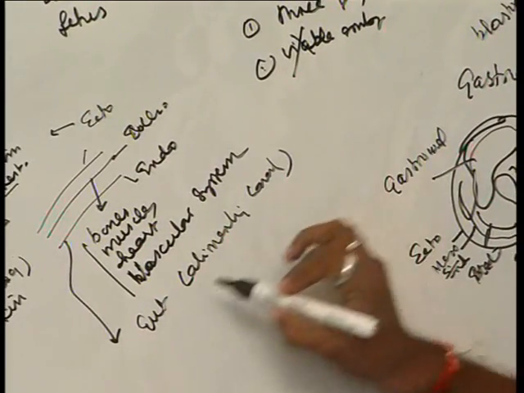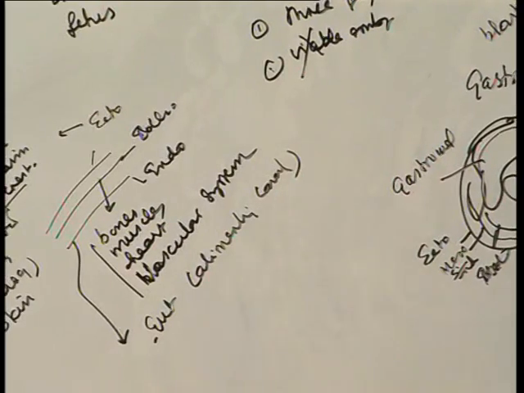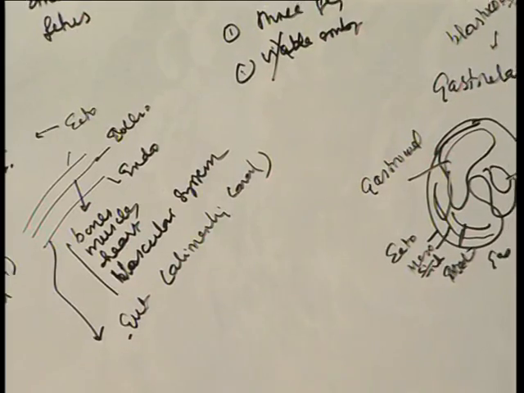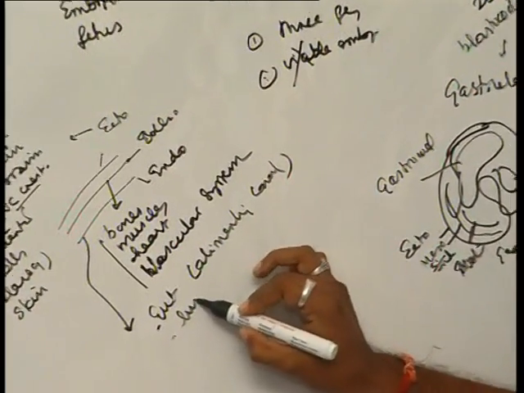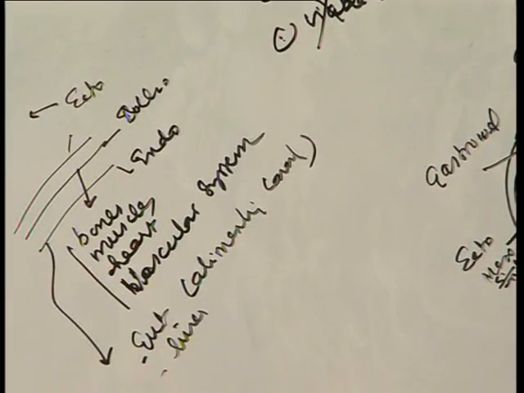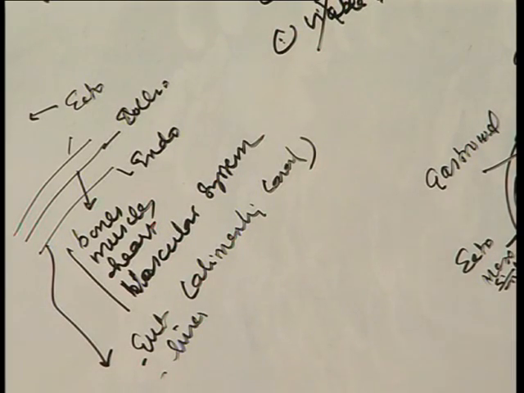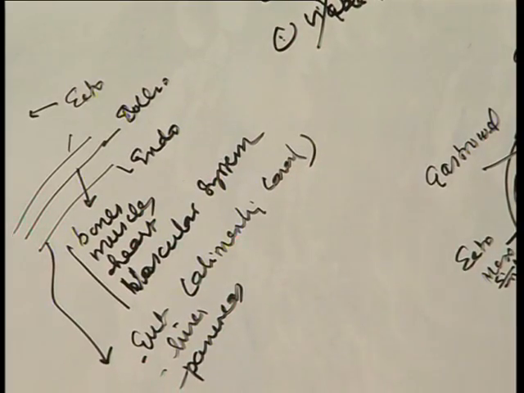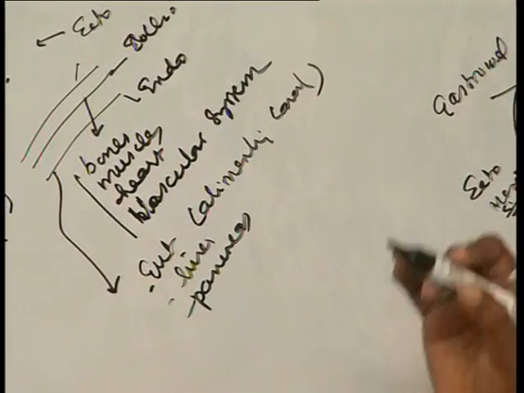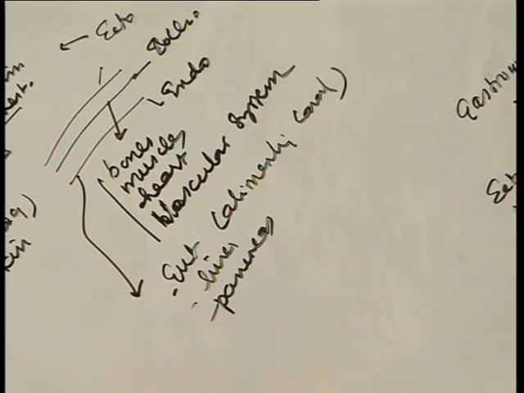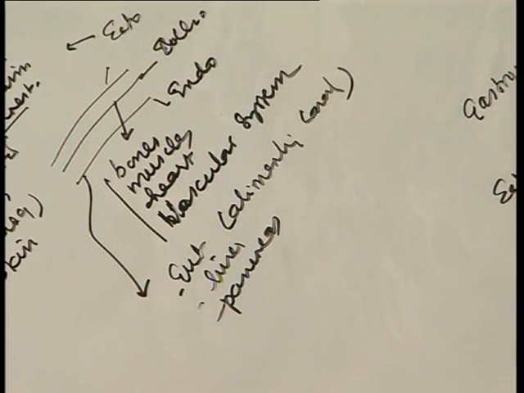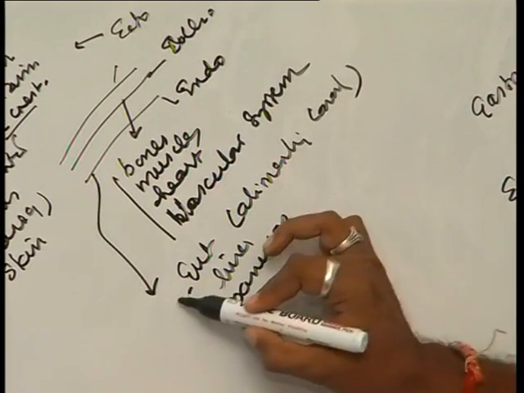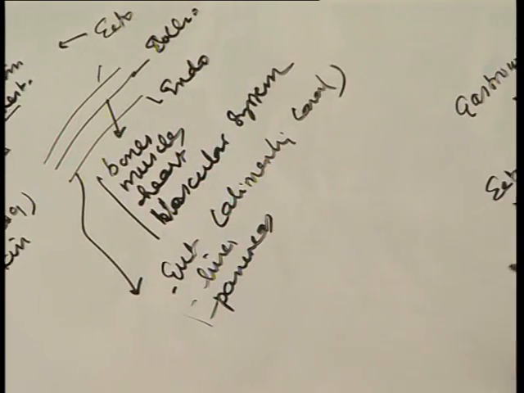So the alimentary canal is formed by the endodermal layer along with those outpushings of the endoderm. For example, the liver is formed by the endodermal outpushings, and also the pancreas is formed from the endodermal outpushings. As a single unit, the pancreas and liver will come together. So these are the things you have to learn.